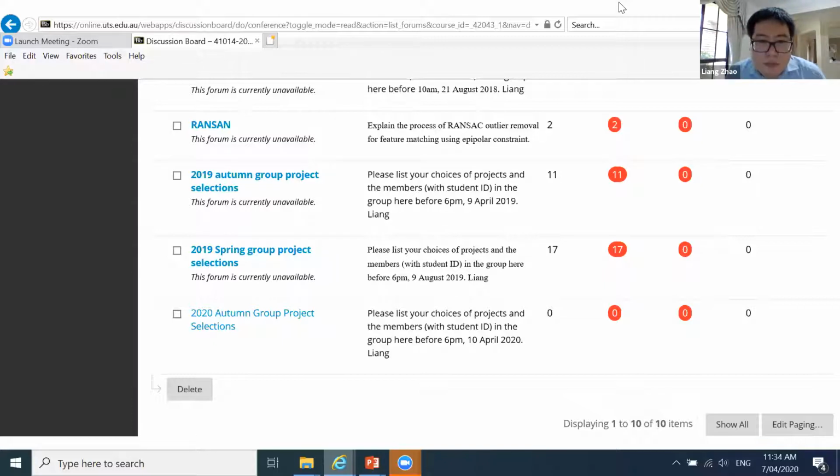No, we can't use the DoBot. We cannot use the DoBot because the robot itself is not available, and there's no simulation on the DoBot, so we cannot use the DoBot anymore. So please look at the documents I uploaded to the group project in assessment, and then please look at the new one, the 2021, and the projects listed on that are what you can choose. All right, and